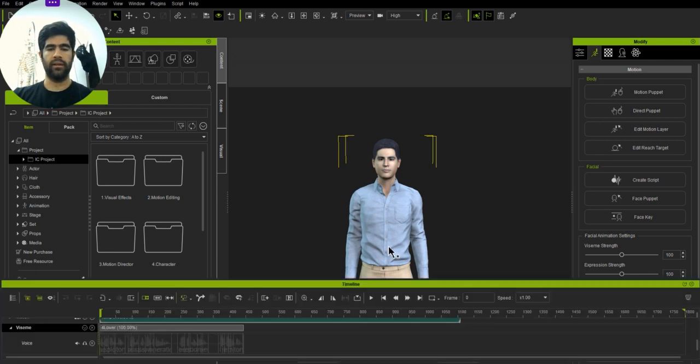Okay, and then if you press F3, here is the timeline bar, and if you play the animation,